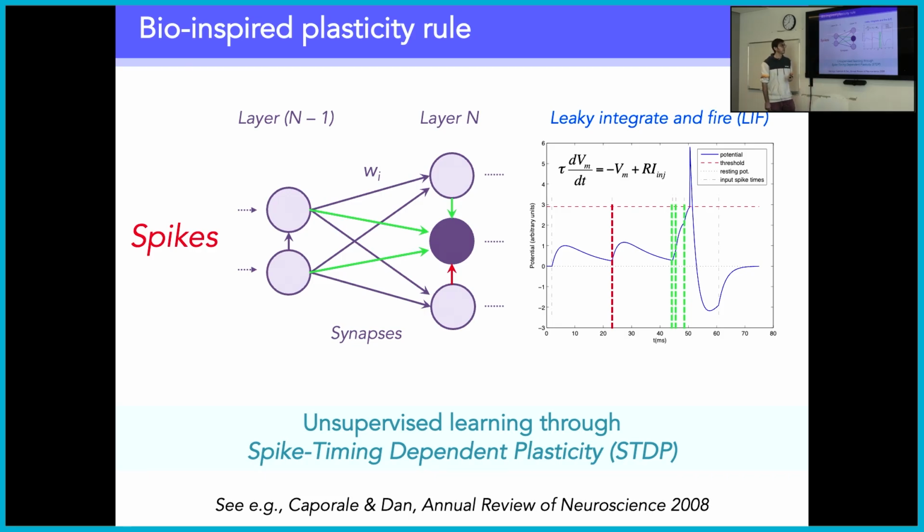The STDP rule is very simple. Whenever the neuron membrane potential reaches its threshold, all the synaptic weights associated with the spikes that the neuron received in the recent past are increased. In this case, it means that these 3 synaptic weights are increased. So it's just a Hebbian rule that permits to detect the spikes that led to the response of a neuron. So it detects statistics in the inputs. So we implemented this rule on the network.